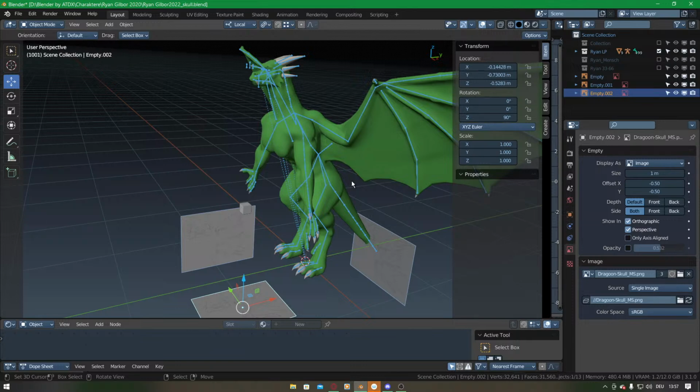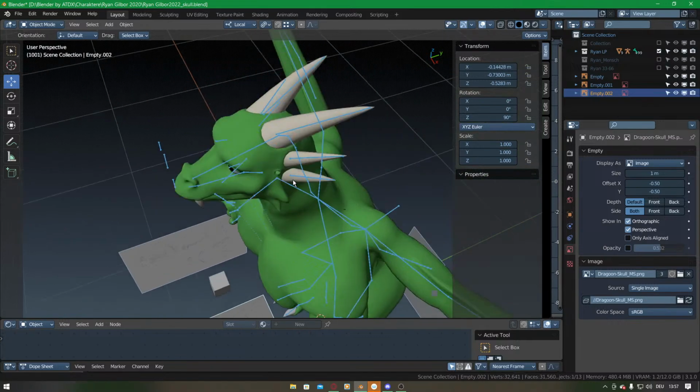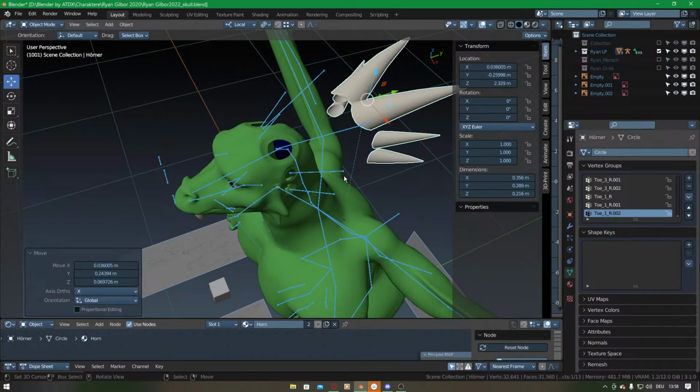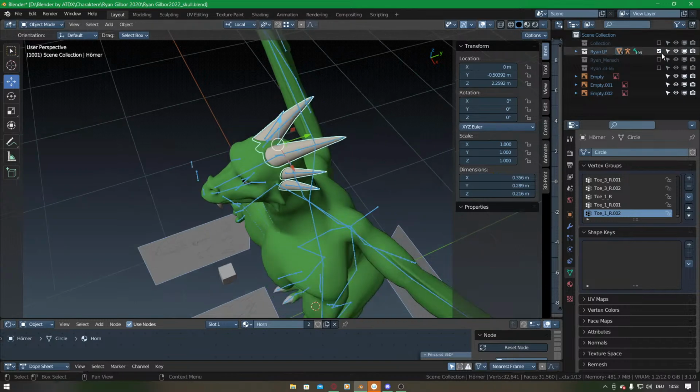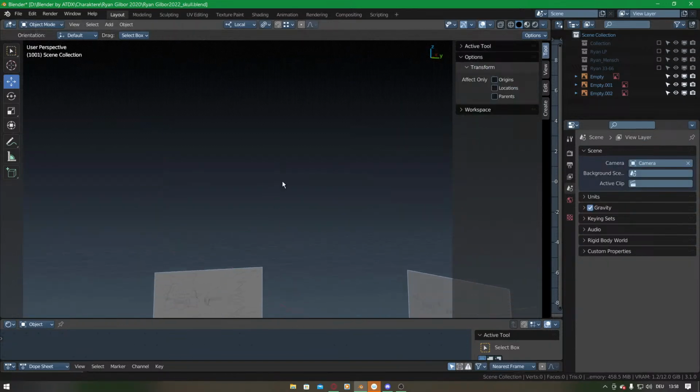And I want to also see that the horns and the teeth actually work. And yeah,